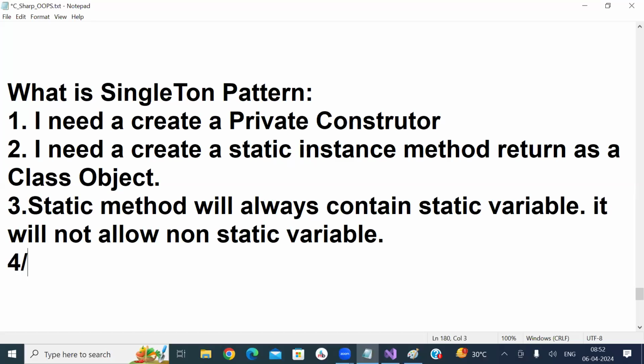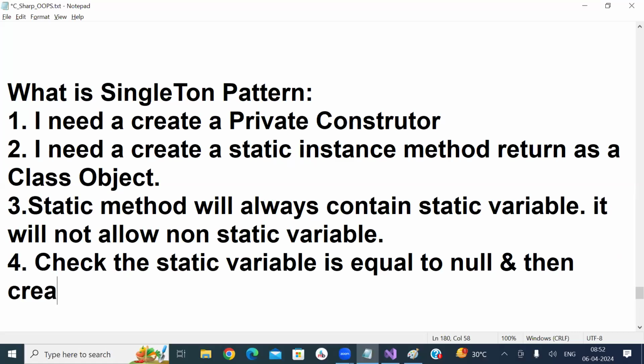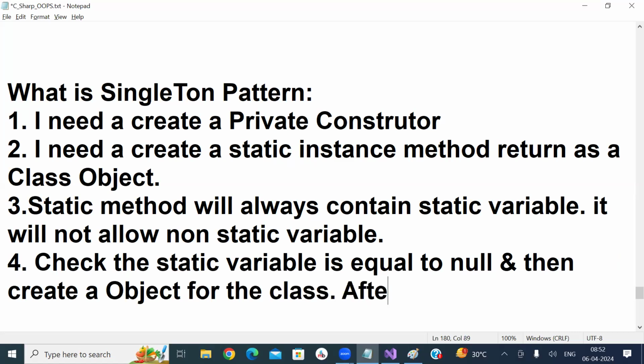And what is your fourth point? Check the static variable is equal to null. Online guys, check which variable? The static variable is equal to null. And then create an object for the class. After creating the object,